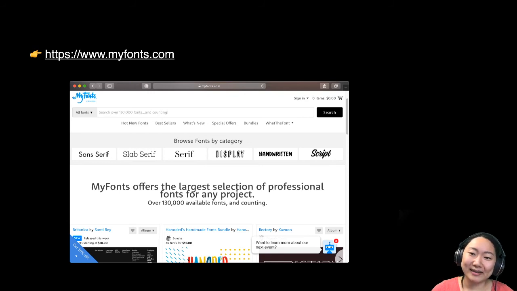So the next thing and last thing I want to leave you with is that please do not forget to check out individual foundry websites. Just as in the first link that I showed you, where there was this huge collective of type foundries around the world. If you just go on a lot of individual foundry websites, they will let you try it out on their website, and a lot of them also offer trial typefaces as well.